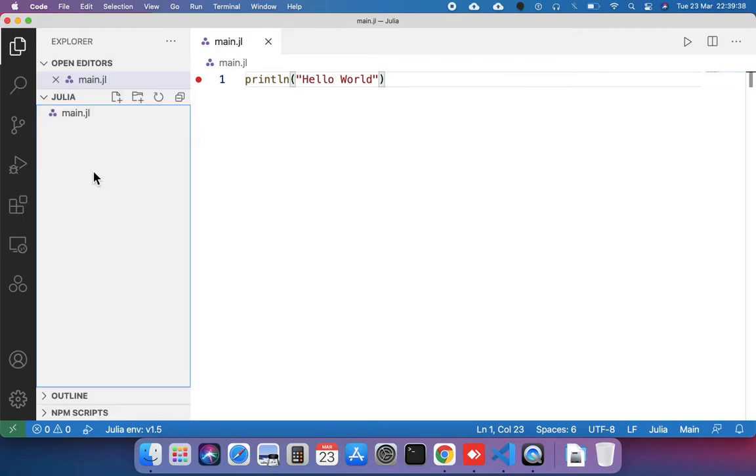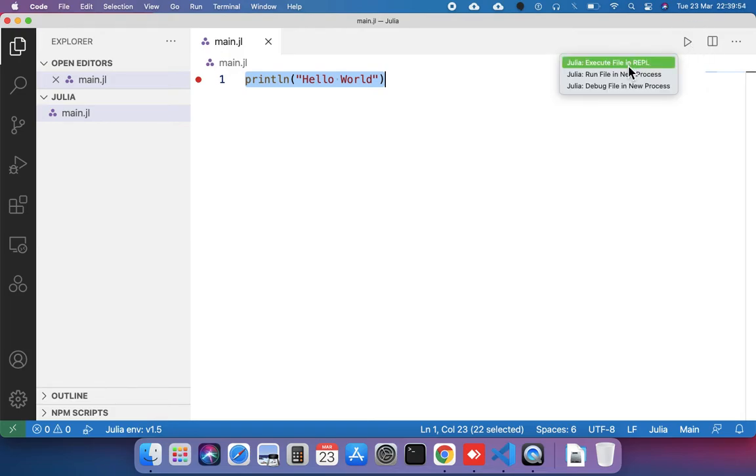After that, this is the convention, kind of a habit. The very first file I used to write is main.jl, and this is our very first program. Now we can hit this button and execute Julia. So let's see.